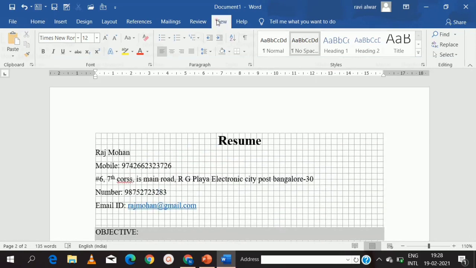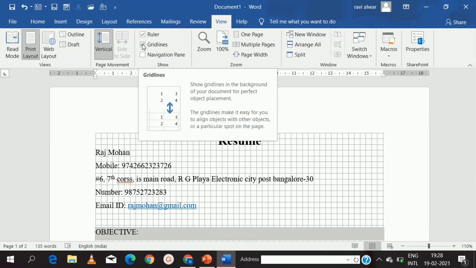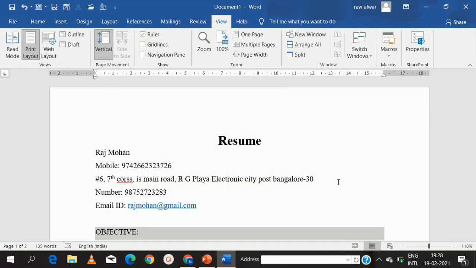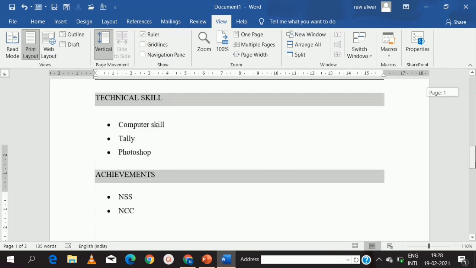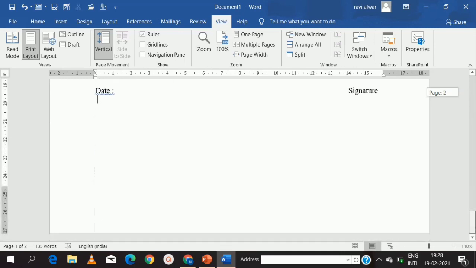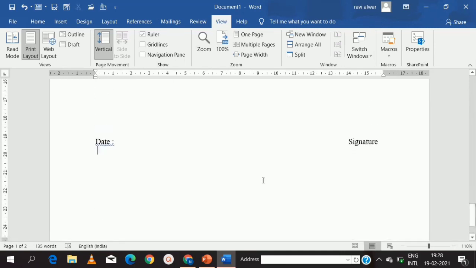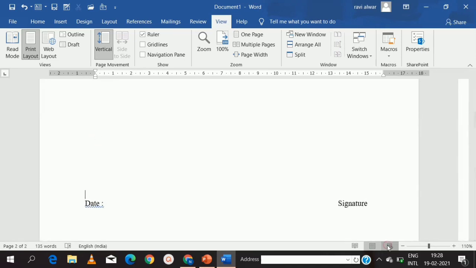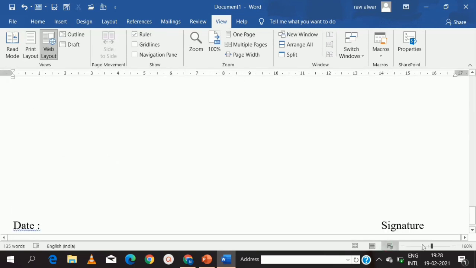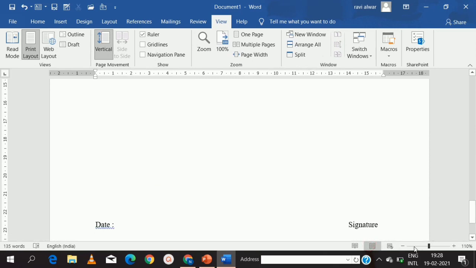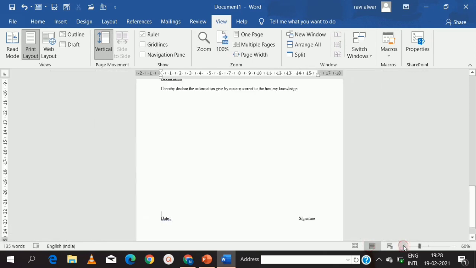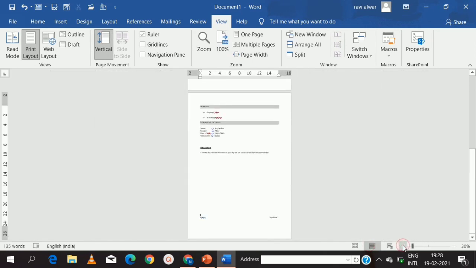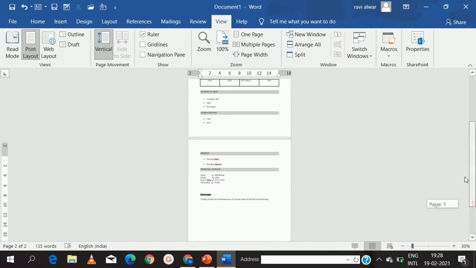So you can remove this grid, go to view, uncheck that. Now you can see how my resume is. I'm going to reduce the zoom so that you can see how your document looks like.